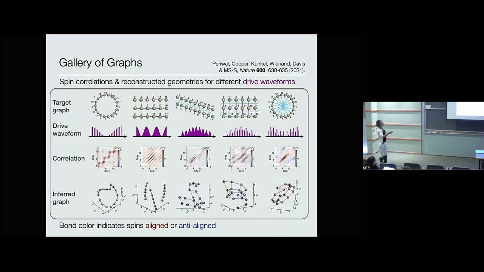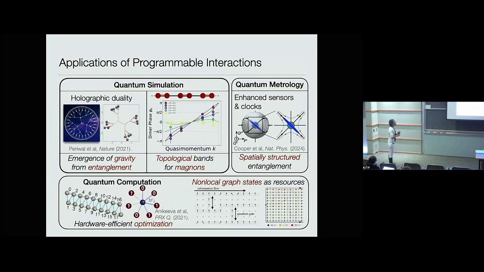And so here are some pictures of interaction graphs that we made in arrays of up to about 20 sites by this trick of having a magnetic field gradient and control of the spectrum of the drive field. One can program the graph and also the signs, or in principle even the phases of the couplings. So this is a toolbox that opens up a number of different directions.